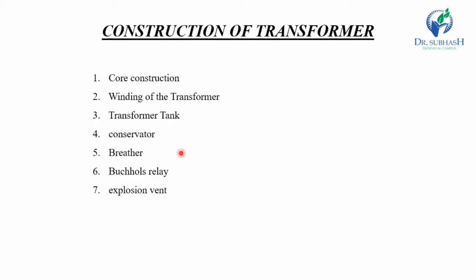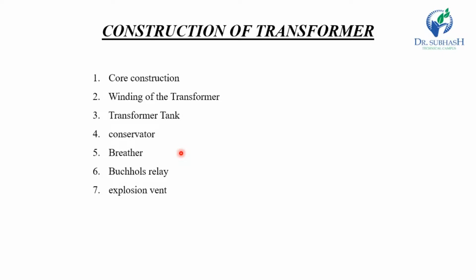Now, the next one is the breather. As in the human body there is a heart, similarly the breather acts as the heart of the transformer. When the temperature of the transformer rises, the insulating oil in the transformer heats up. This oil expands and contracts. When the oil heats up and expands, the transformer breathes air out; thus the oil gets cool, the level of oil goes down, and air is absorbed in. This process of taking air in and out is called the breathing of the transformer. The level of oil in the chamber increases and decreases when the breather takes the air in and out.